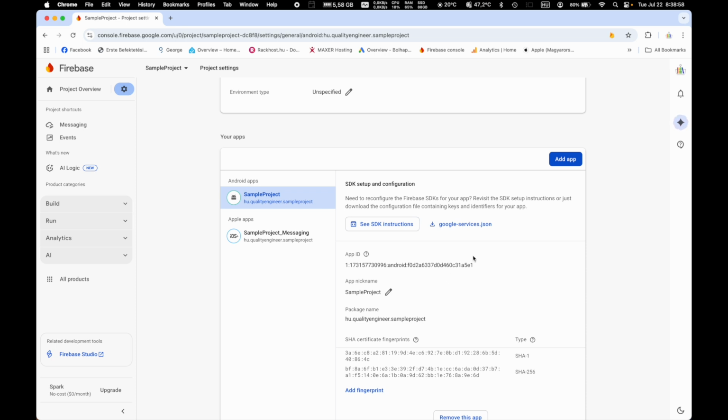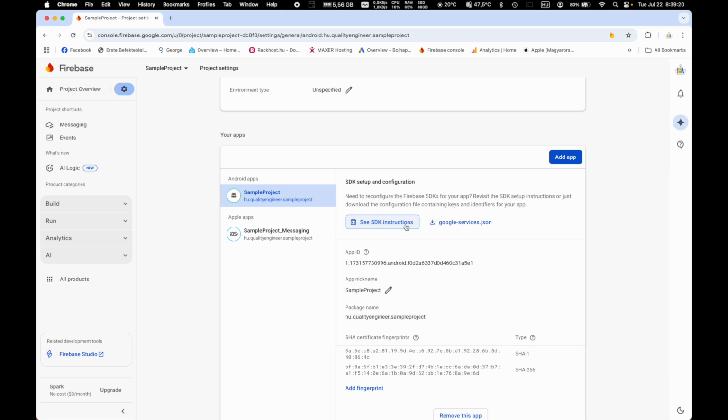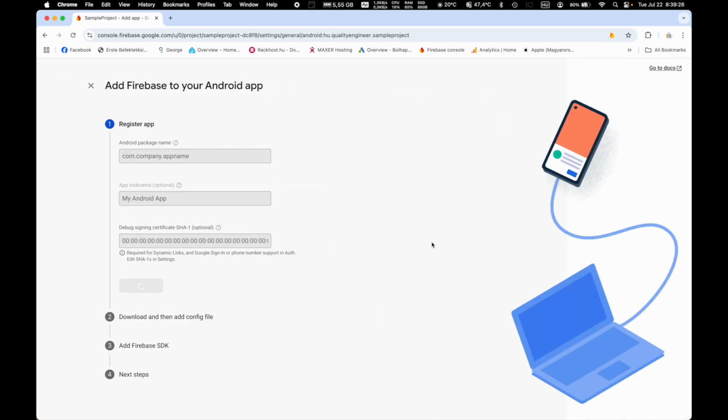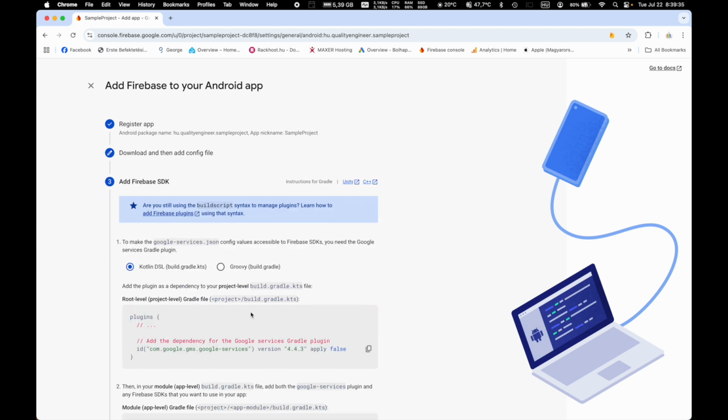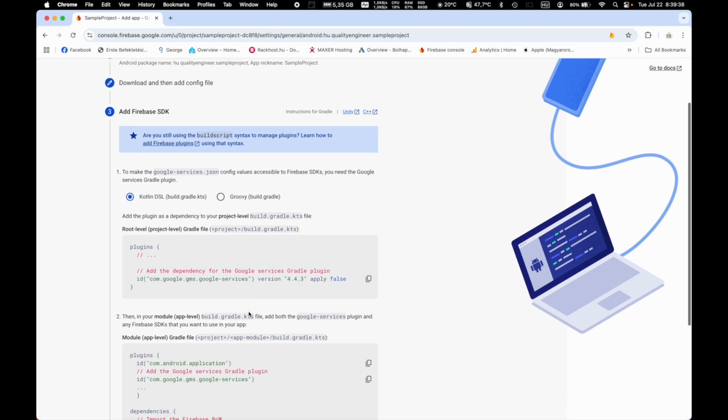And if you remember, we had this Google Services JSON file that we had to download to basically integrate the service setup into the Google Android projects. And also we have the SDK instructions, which help to set up the Android application for your project. So let's go here, because we already downloaded this Google services JSON, and then let's go to the Firebase SDK